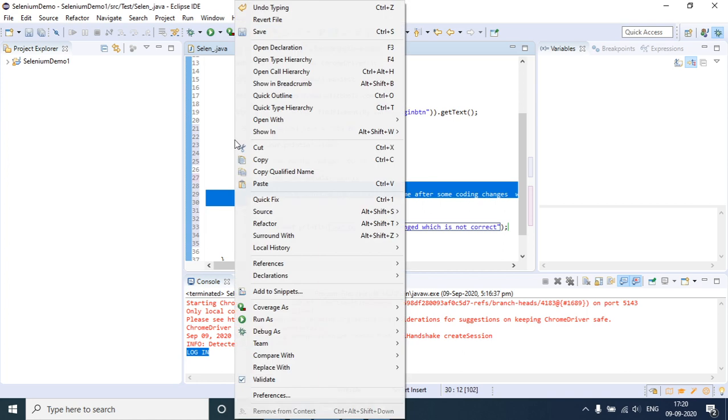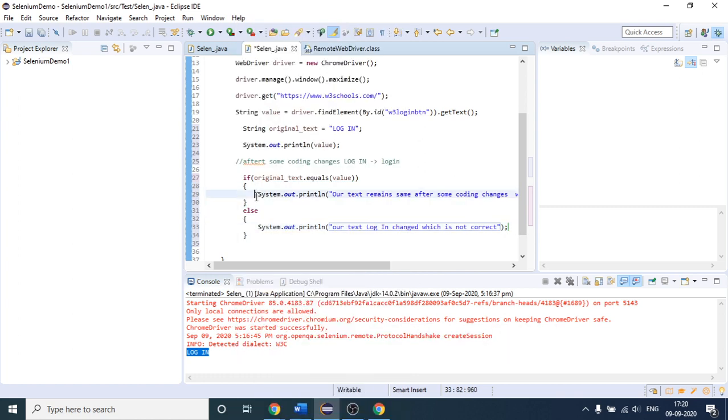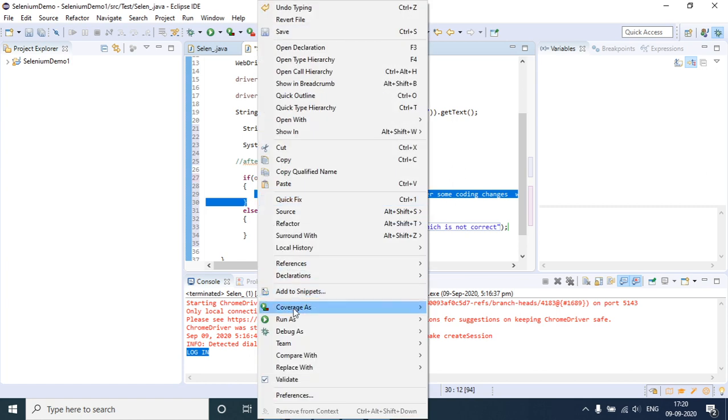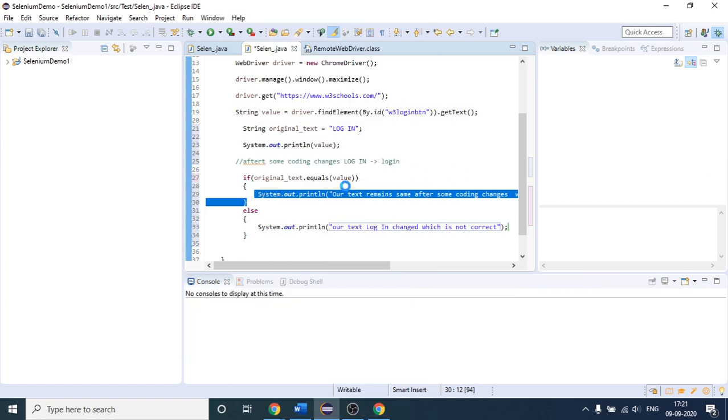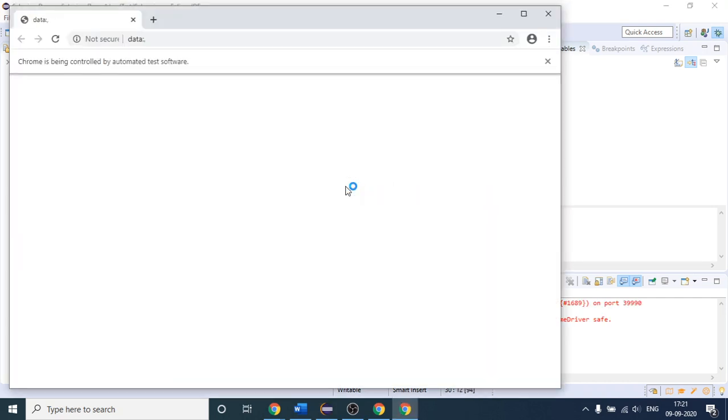So let me first execute this program, then you will see this time we are getting the correct value, so this will be printed. Okay, because the text is not changing here. So right click and I will run it very fast. Maybe I think it will print the else part. I have done one mistake, I think.